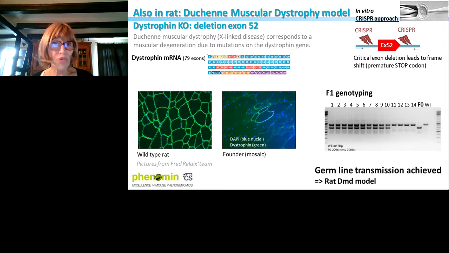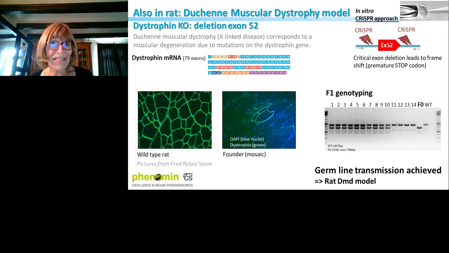But what I want to emphasize here also is that we can also generate knockouts in rats, and that works really well as in mouse, definitely, by injecting just 2 pairs of guide RNA with Cas9 into an egg and targeting a critical exon. This critical exon deletion will generate a frame shift. We can generate knockouts. And these slides are really nice. I really like to show them, because you can see here, it's our collaborators that gave me this slide. You can see the dystrophin that is really nicely expressed in wild type, whereas in founders, you can see that the animals that are obtained in the first instance are mosaics, and only some cells are expressing dystrophin. Then it's a really nice way to see it.